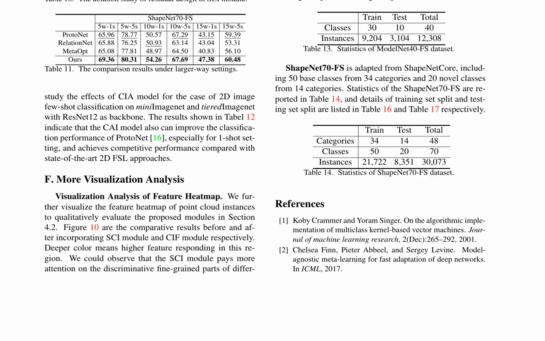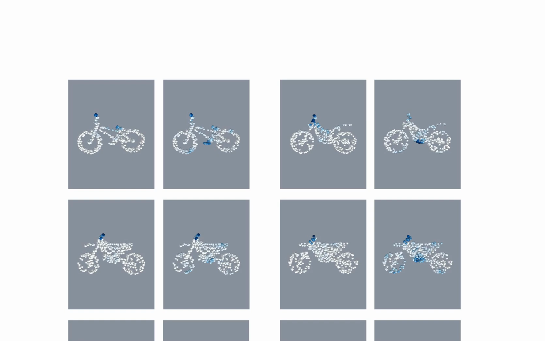The authors introduce a novel module called Contextual Instance Attention, CIA, to enhance the performance of point cloud classification models. The CIA module is designed to improve feature extraction capabilities, particularly in scenarios with partial occlusion or varying scales. Experiments on various point cloud datasets demonstrate the effectiveness of the CIA module, with comparisons between the baseline ProtoNet model and its variants incorporating the CIA module.